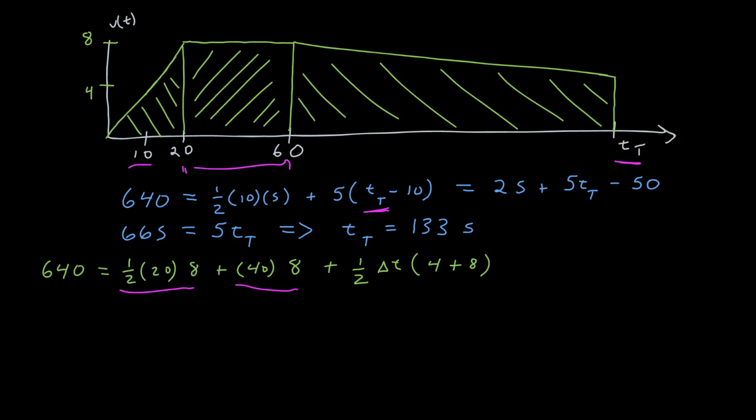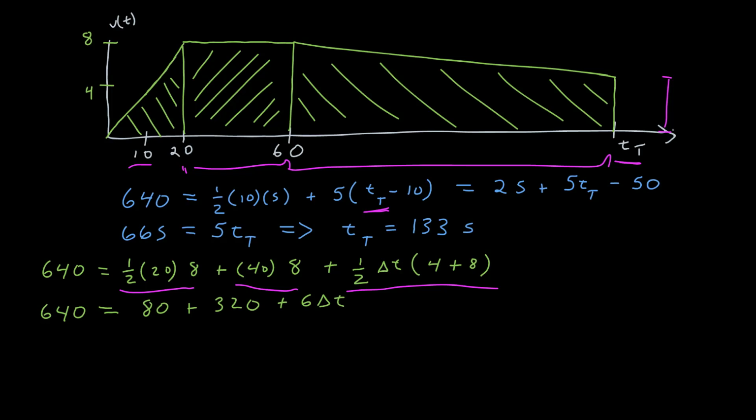Now you may not remember the area of a trapezoid, but that's a Google click away. It's 1/2 the base, which is this time interval, times the sum of the two unequal sides. I already know those as 4 and 8. So look, I have one equation that will tell me that final time difference, which I just add to 60 and I'll be done. The triangle area is 80, rectangle area is 320, and then this last term gives me 6